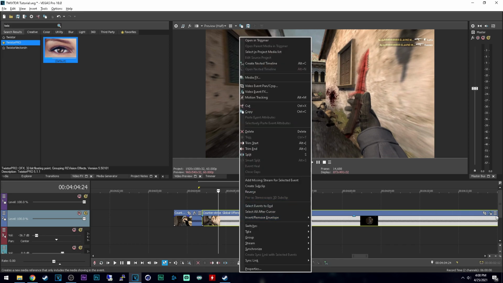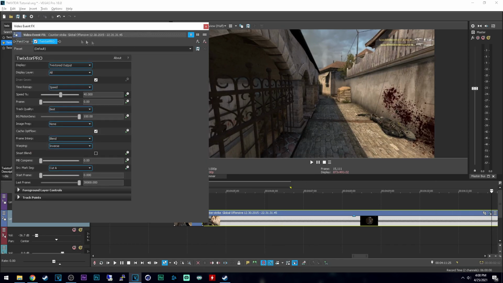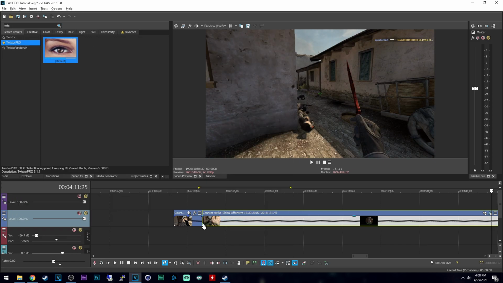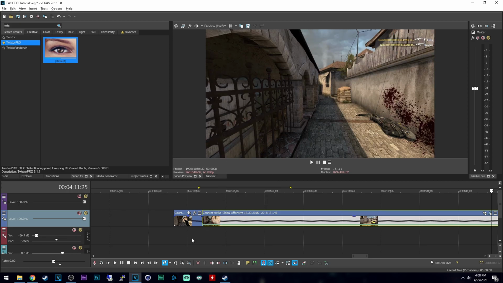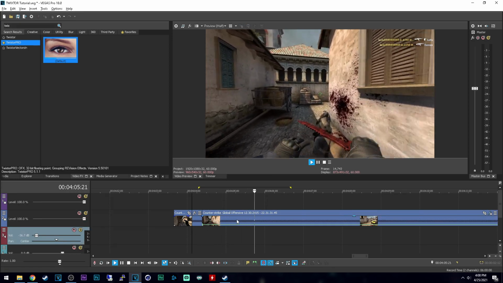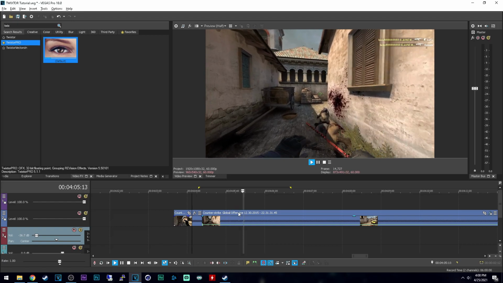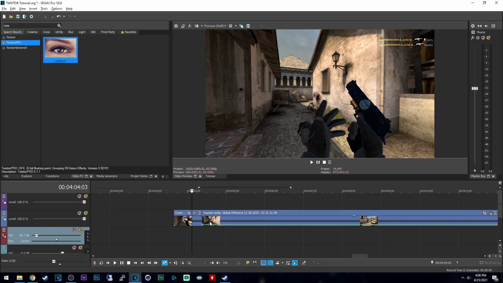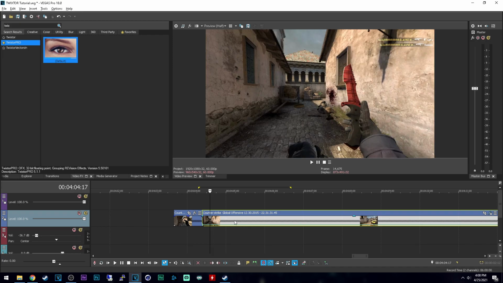And I'll demonstrate that by disabling the Twixtor right here, adding velocity, and setting it to 40%. See, so it's a bit better with the velocity in this case. But if you want to go the extra mile, and if you have demo filmings and you've done them in slow motion and you're really passionate about it, what you can do is